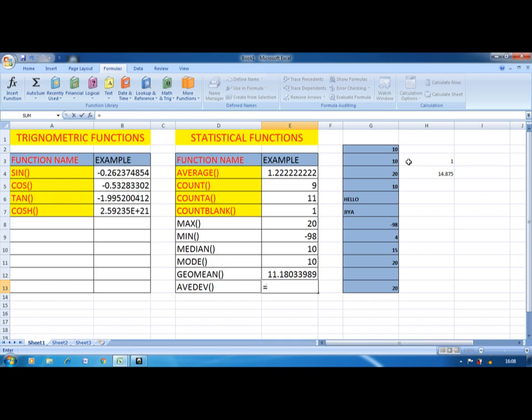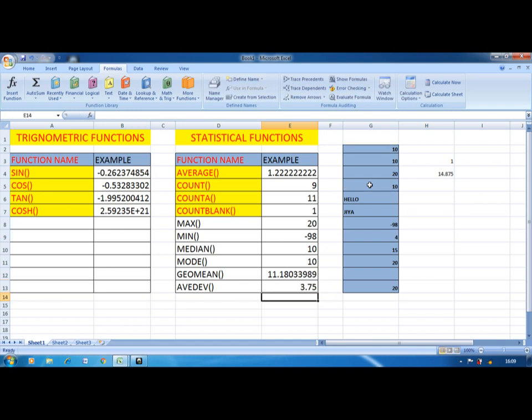Next one is average deviation. This function returns the average of absolute deviation of data points from their mean.